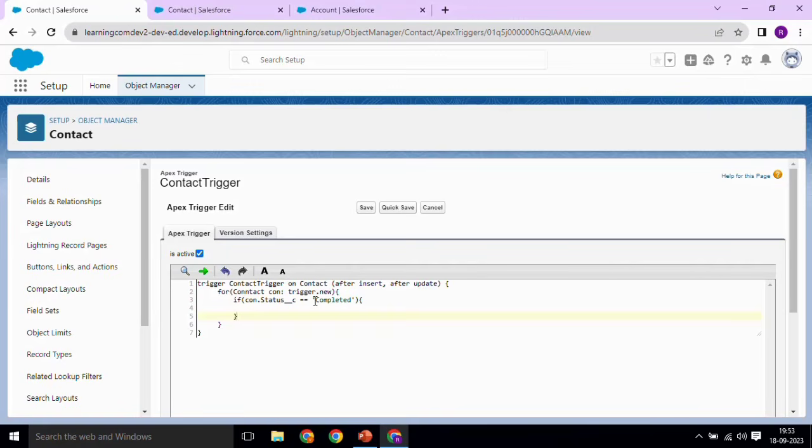If it is completed, then I simply want to store the account ID so that I can update the account record. So I'll create a set of account IDs. This is the way you define a set in Salesforce, by writing new Set<Id> and then the brackets. So over here I'll write accountIds. So I'll simply add to accountIds, and then I'll write